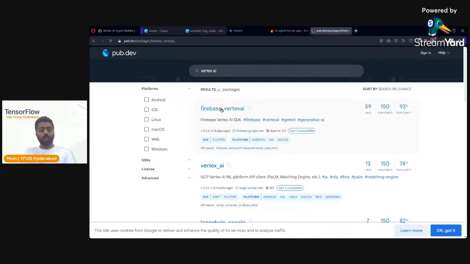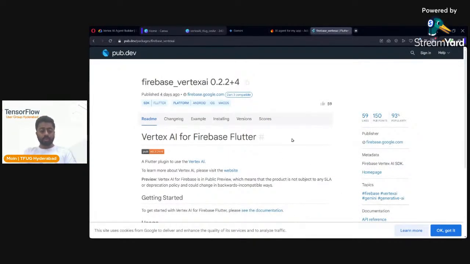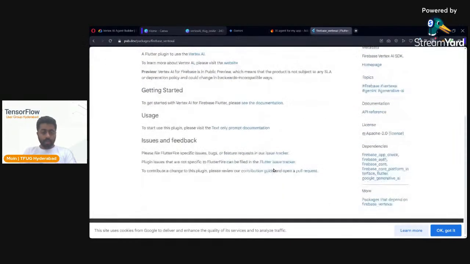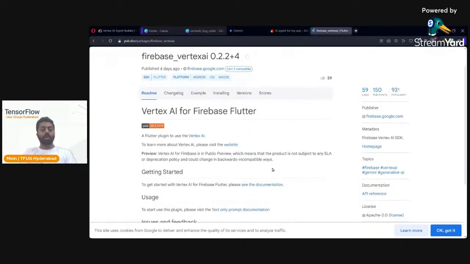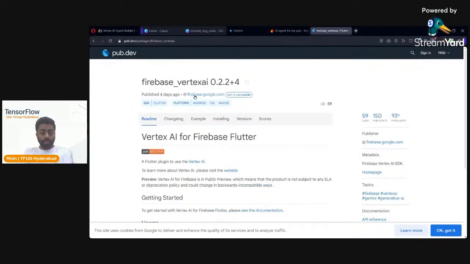Just a minute, let me check if this is the same package. There is a lot of deception going on these days. Okay, it is officially from firebase.google.com. So this is the package. It is called Firebase Vertex AI,